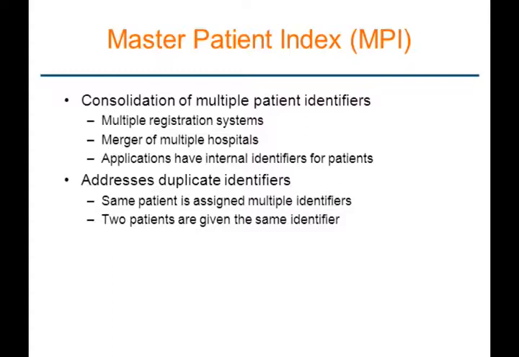Now, note that when we talk of duplicate identifiers, things can happen in 2 different ways. Same patient can be identified by multiple identifiers, as I said, if we have multiple registration systems. But it's also possible that 2 patients are given the same identifier, and that can happen, for example, with the merger of multiple hospitals, if we blindly merge the medical record numbers. But also when somebody comes and gives a common name like John Smith or Angel Rodriguez,